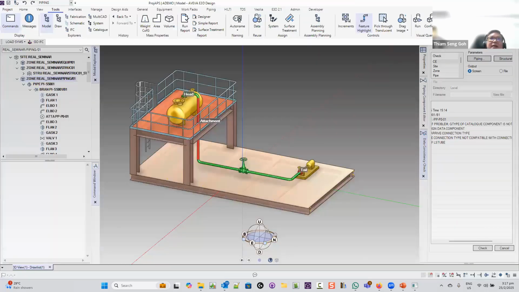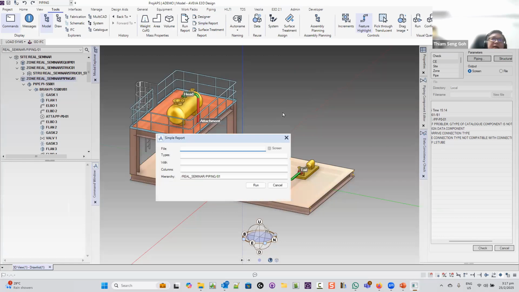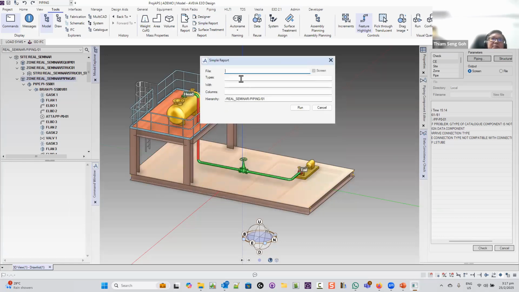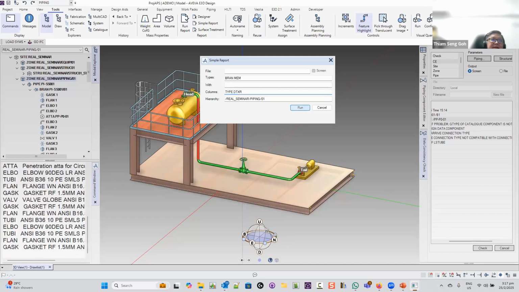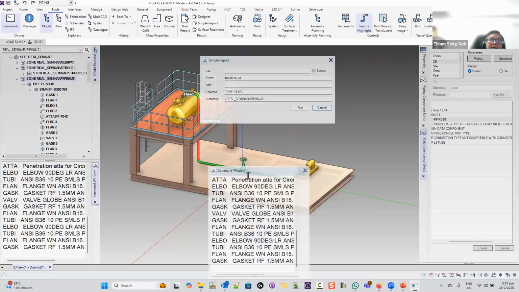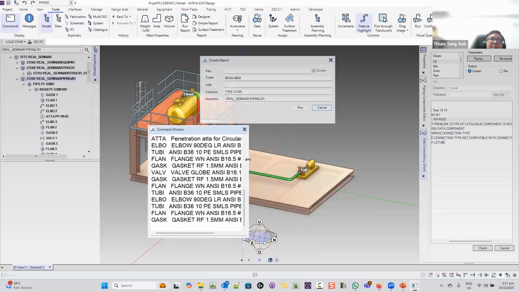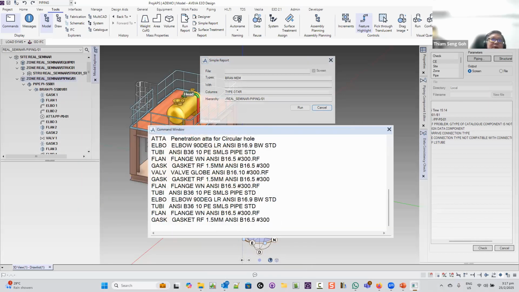Okay, so if you do a simple report like this one here, you can put it to a screen. For this case, you can have branch member, and then you have columns. What columns do you have? You have type, then you have DTXR or something like this. So you just run it, and this will show you the report. I can't remember how you can get quantity out, but these are the information that you have of all the